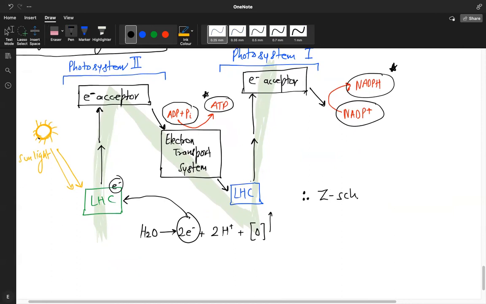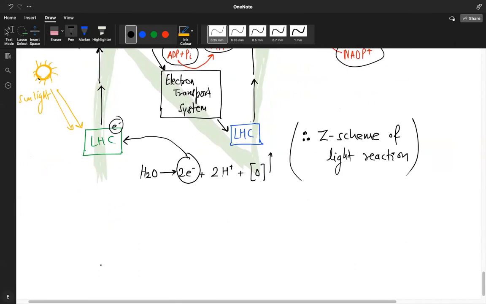Of light reaction. Yes. Sorry to interrupt, but this also looks like N, right? Yes, it does. I said in the beginning that it also looks like an N, but they call it a Z scheme because it makes a Z according to them. They could also have named it as an N scheme, but probably the reason why they call it a Z scheme